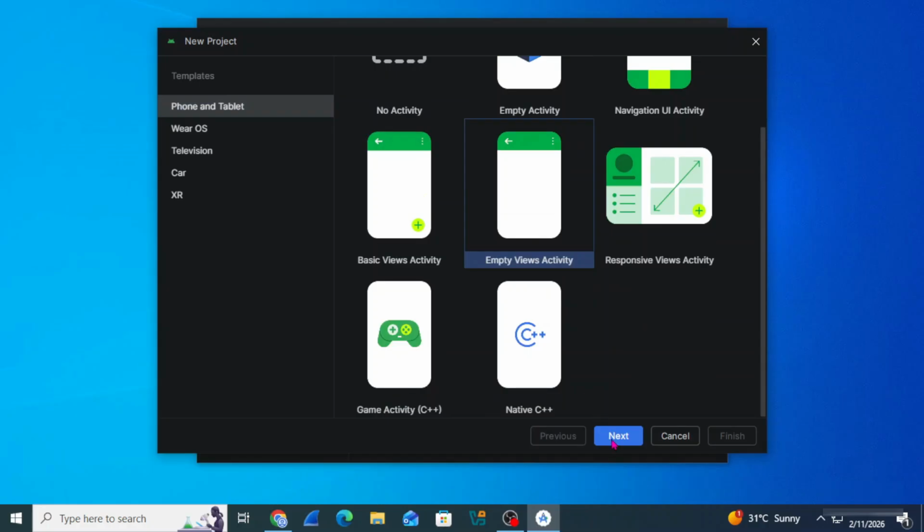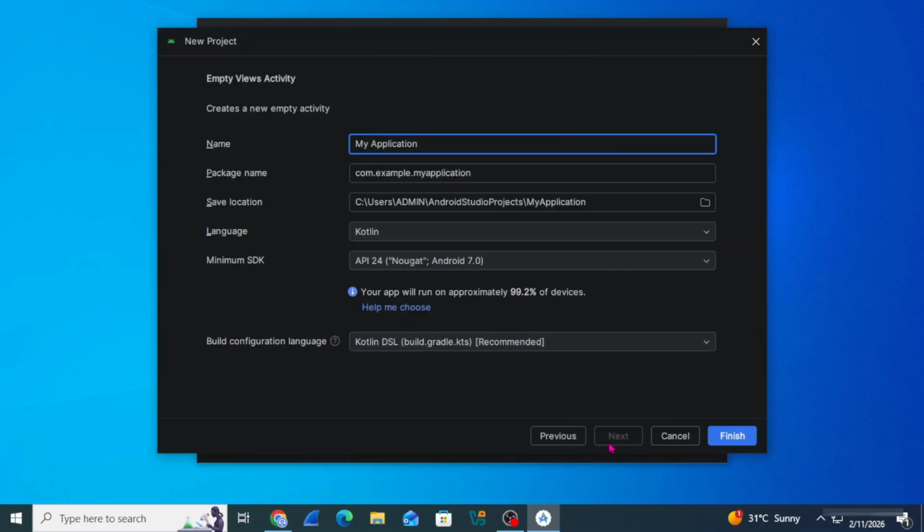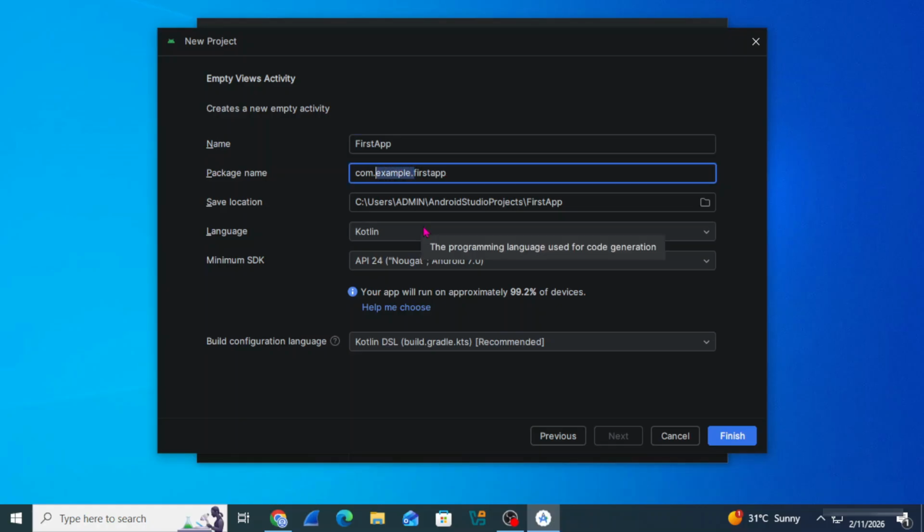Now guys, here we have to provide various information such as the name of the application and package name. So for the name of the application I've given first app. In the package I'm just providing CS Corner instead of example. And guys, this is the location where my Android application will be created. So if you wish to change, you can click on this folder icon and change. And now guys, here we have minimum SDK. So by default, it is showing me API 24 and Android 7. Guys, here minimum SDK it is showing.